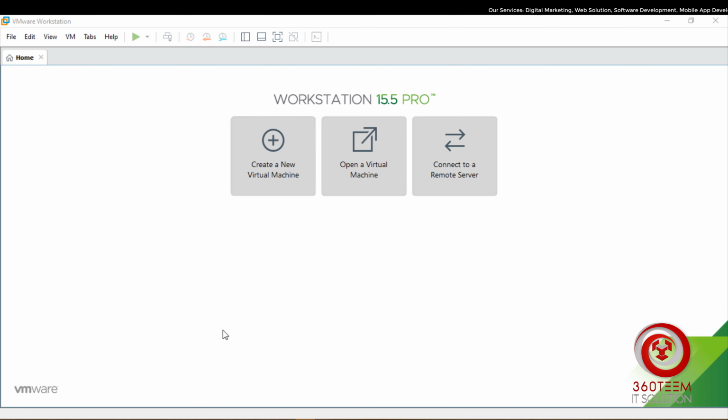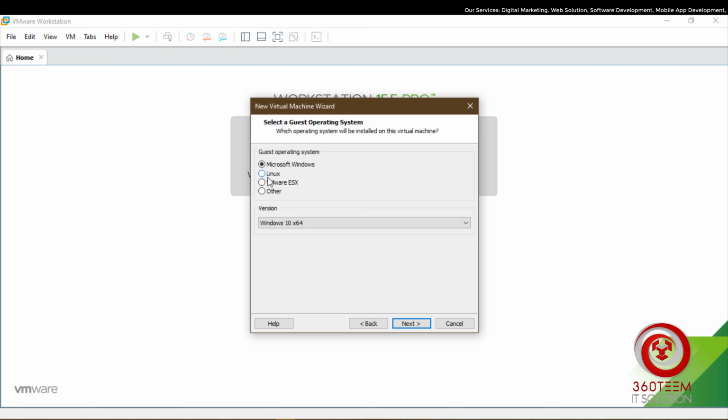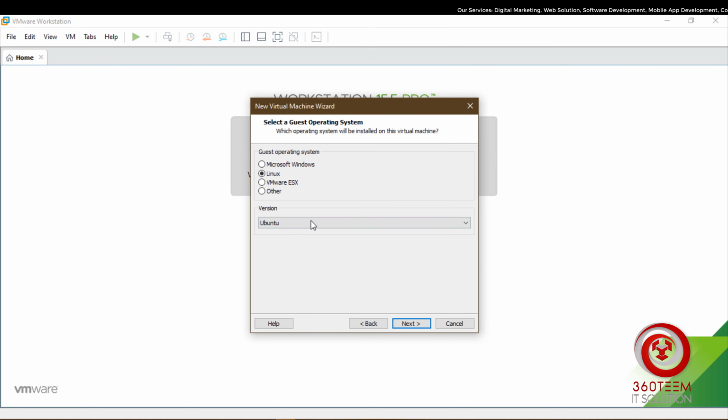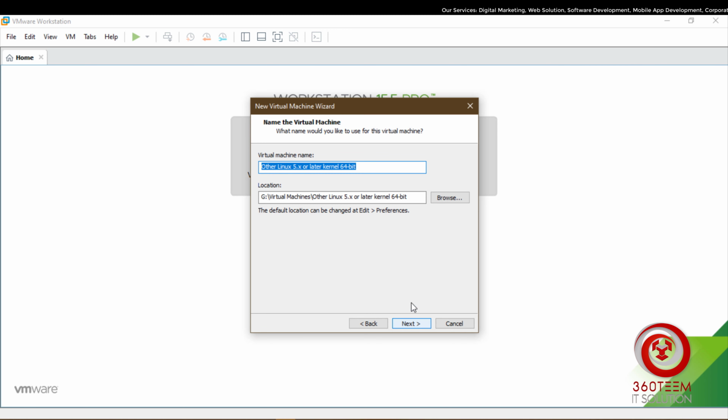First of all, we have to create a virtual machine. I'll choose custom because I have to select the hard drive as a physical hard drive. I have to choose Linux, and the version will be Other Linux 5.x or later kernel 64-bit. Here I can select Kali Linux.